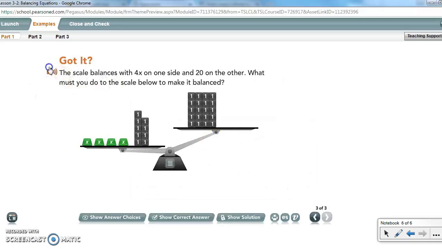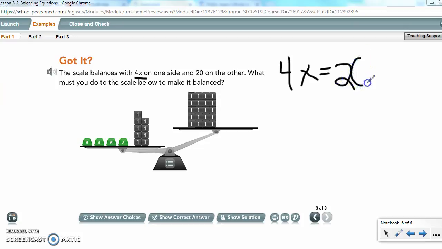What about here? The scale balances with 4x on one side. So for this, they want to know if we have 4x on one side, so go ahead and write 4x, and then there's the equal sign, and then 20. There's 4x and 20, and that balanced the balance beam. Well, now I have 1, 2, 3, 4x